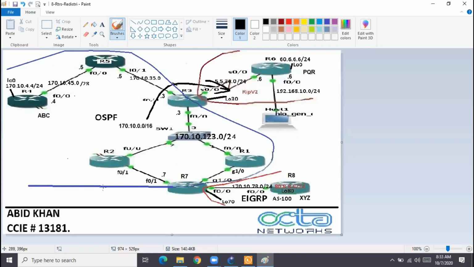The router which does redistribution, which brings in external routes, we call it as what? ASBR, Autonomous System Boundary Router. So, as in this diagram, what you see on the screen, who are the ASBRs?